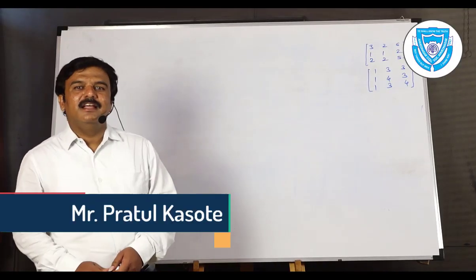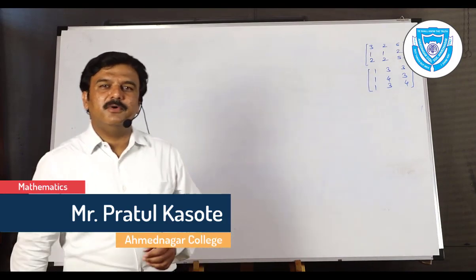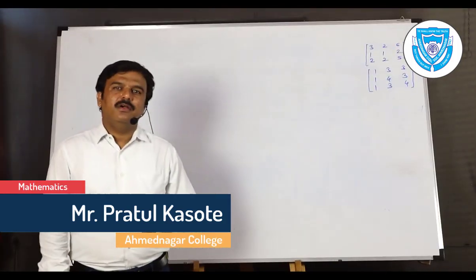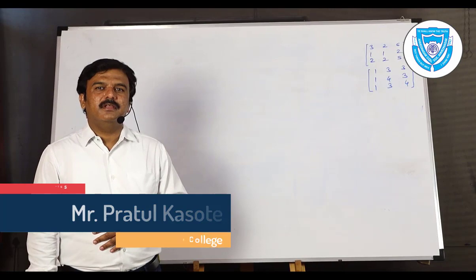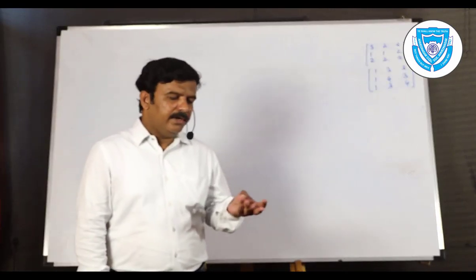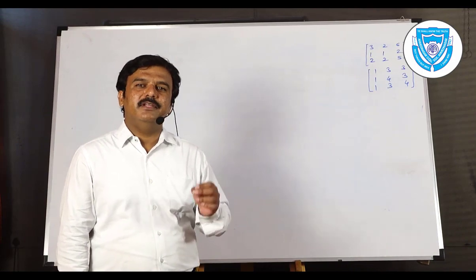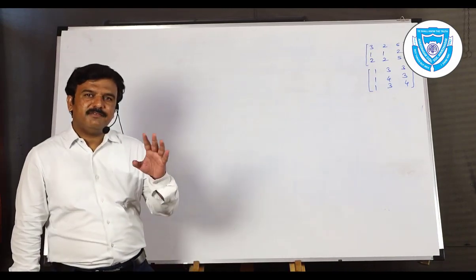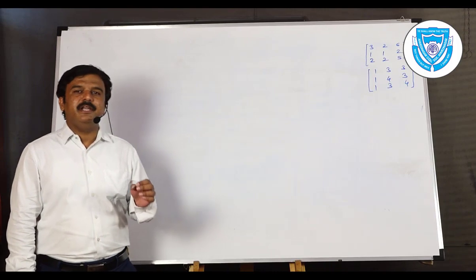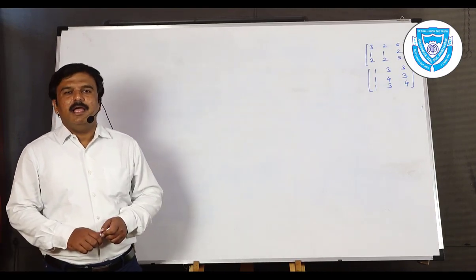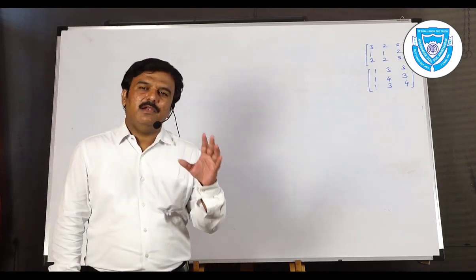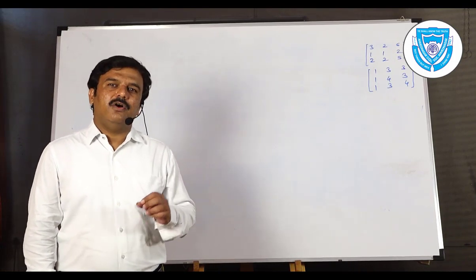Good morning, friends. As you know, yesterday we discussed the three different methods of finding the inverse of a matrix, namely the elementary row transformation method, the elementary column transformation method, and the third one, the adjoint method. We have already started with the first method, elementary row transformation. As you know, we have evaluated the inverse of a matrix of order 2 cross 2.